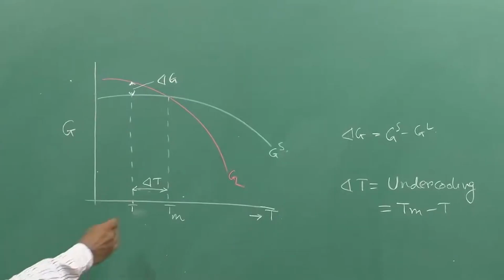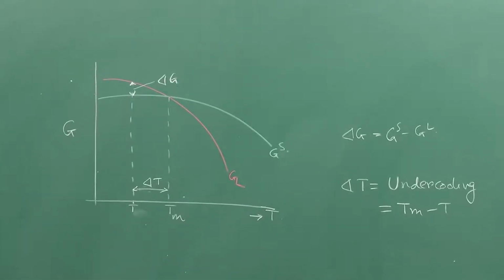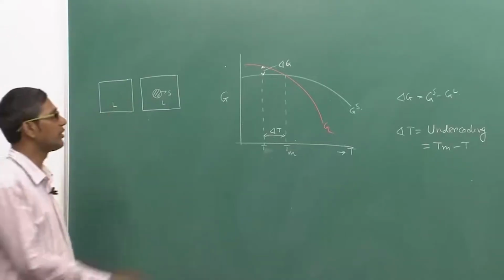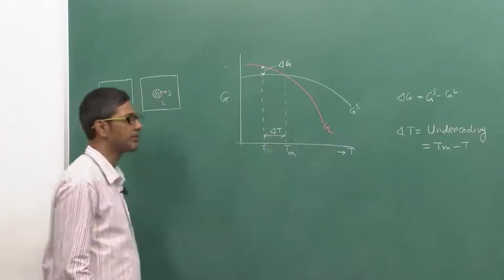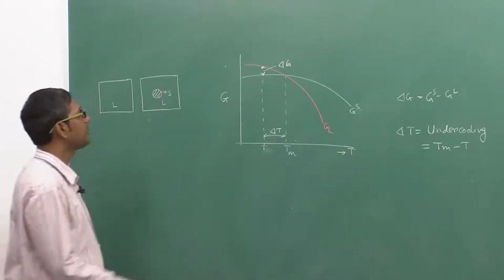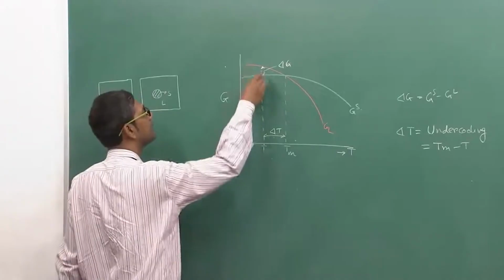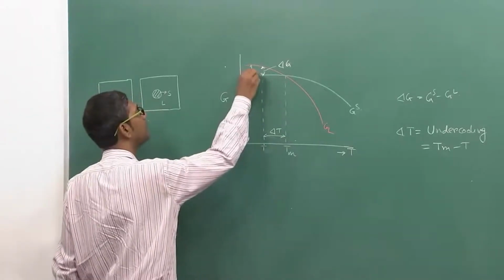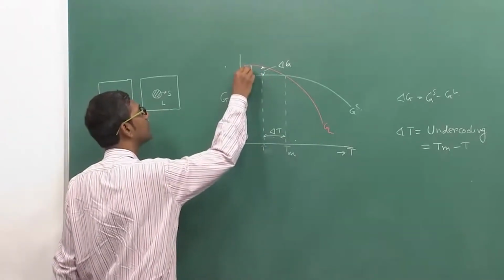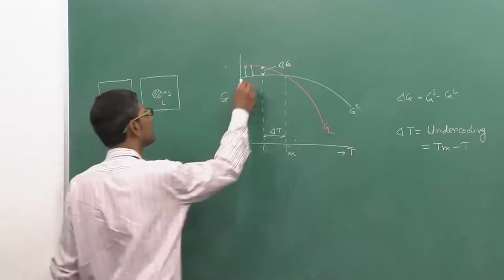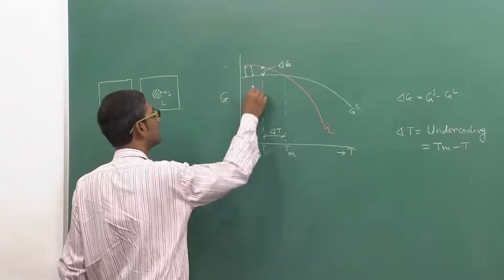And above the melting temperature, there is a driving force for the solid to melt down. As we are discussing a solid phase forming out of a liquid, we should not discuss things happening above the melting temperature. As you clearly see, as I cool the liquid more and more, our driving force increases from this value to this value, or even this value to this value slowly. So, the higher the undercooling, the more is the driving force, as you clearly see.